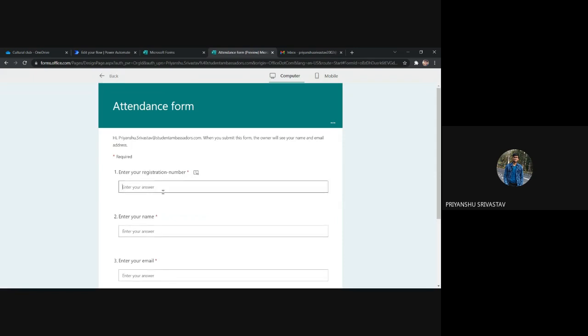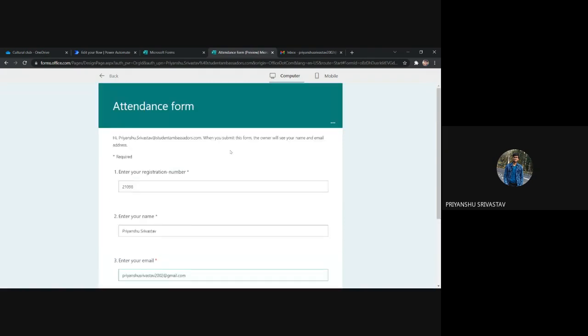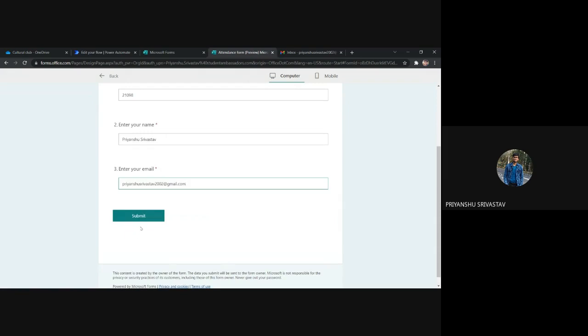So for registration number, let me type in any random 109. For enter your name field, I'm typing in Priyanshu Srivastava. And for answer to enter your email question, I'm typing in my Gmail account. Now I have to submit this form.